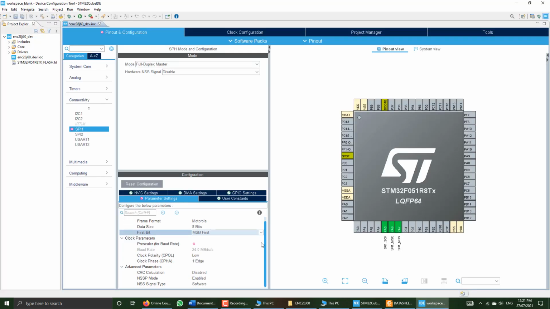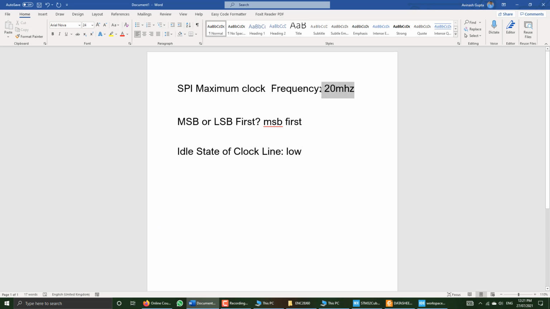And now we have here the prescaler. Our CPU is running at 48 megahertz and we will use a divider of 4. So 48 divided by 4, we get a 12 megahertz SPI clock speed. Here you can see the baud rate is calculated as 12 megahertz. This is under the requirement of our Ethernet controller IC, which is 20 megahertz. 12 megahertz is less than 20 megahertz, so we can run it easily.